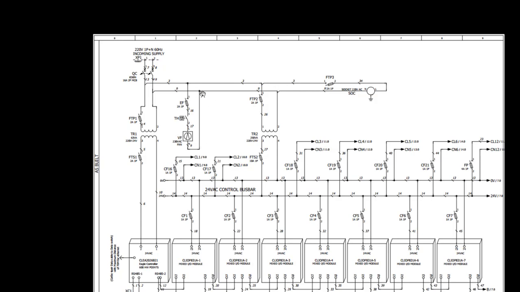Here we have a fan for ventilation inside the panel, and then there is another transformer. This transformer is feeding the IO modules and our field devices. So we have two transformers. One transformer is only for the controller, and another transformer is for the IO modules and for the field devices. Each mixed IO module is being fed by a separate fuse. As you can see here, CF1 is feeding module 1, CF2 is feeding module 2.